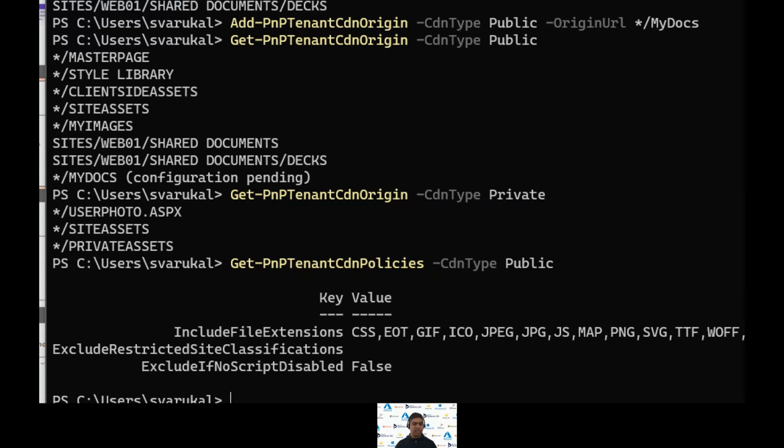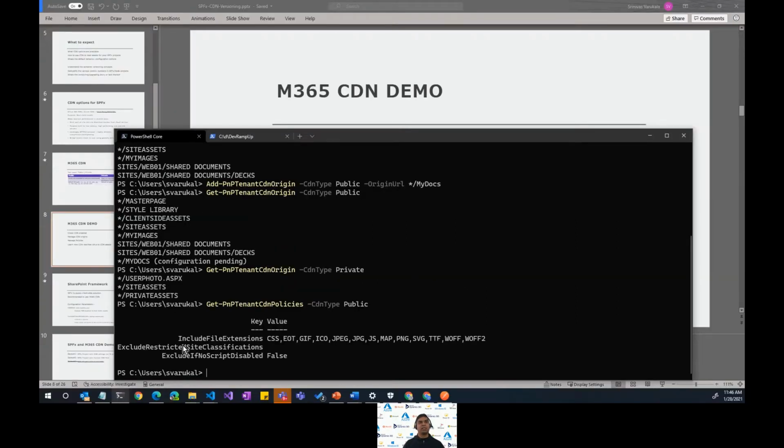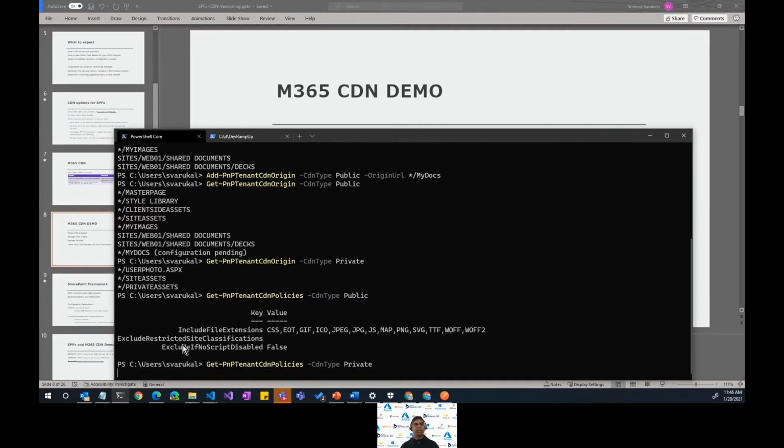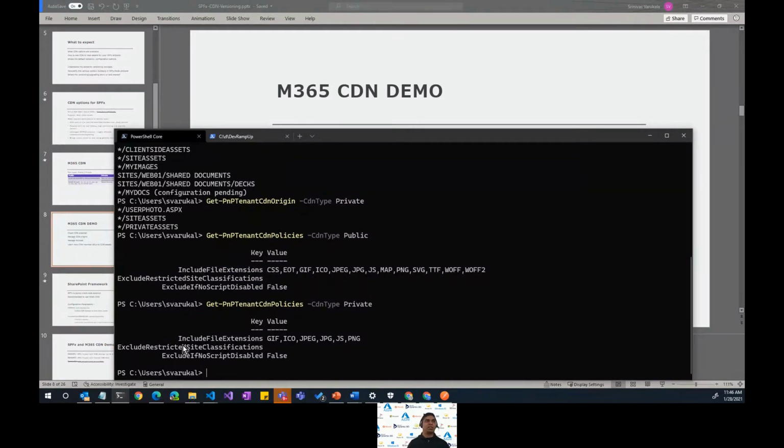So that's a kind of control that you can have over the CDN configuration. Before creating, let's check out the private CDN policies. You have a similar set of policies again here, except you can see the file extensions that are supported in private are limited compared to the public ones.